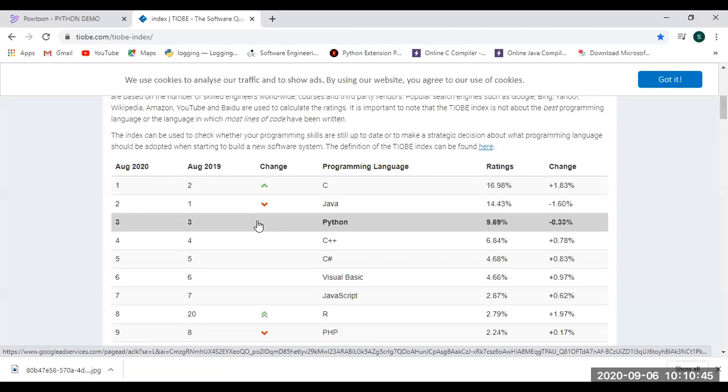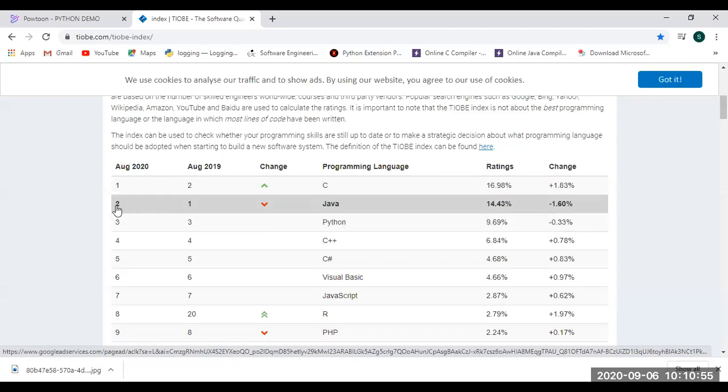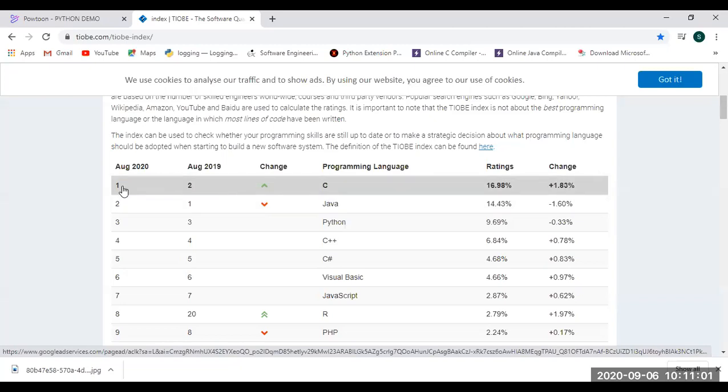That means among plenty of languages available on the market, Python stands in third position. Okay, sir, what about second position? Second position is held by the programming language called Java, and the first position is held by the C programming language, one and only language. It's the mother of all programming languages. It's an evergreen programming language, to be frank with you. That's why I'm giving you the clarity about all those things.